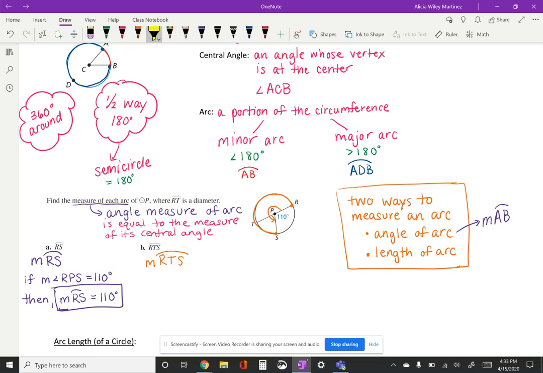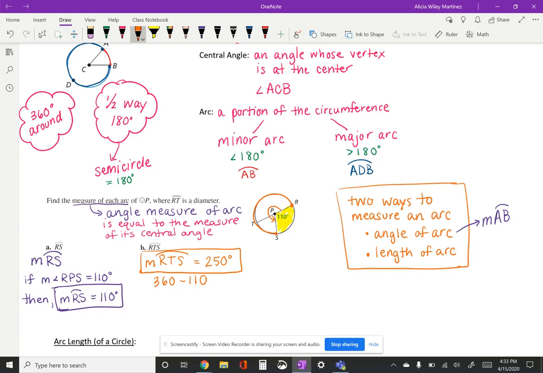So if this portion here is 110 degrees, and we know the whole way around is 360, the way that we would get our answer is we would do 360 minus that other part that's not included, which is 110. So the answer to our problem is that the measure of arc RTS is 250 degrees. Don't forget your degree symbol when dealing with the angle arc measure of the angle. Okay? All right, so the next thing that we are going to talk about is